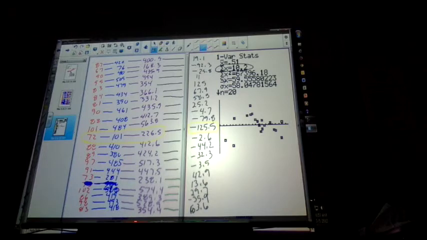And then if r equals positive 1, then all the residuals will be equal to 0. If r equals negative 1, then all the residuals will be equal to 0 as well. The r being positive 1 means you have a positive slope line. All your data fits on it. If you have r equals negative 1, it's a negative slope line in which all your data fits on it.